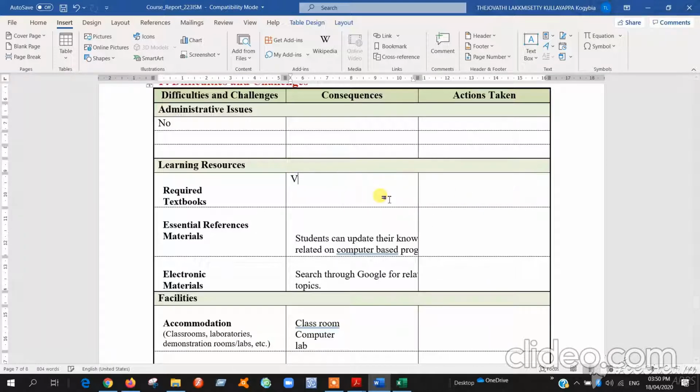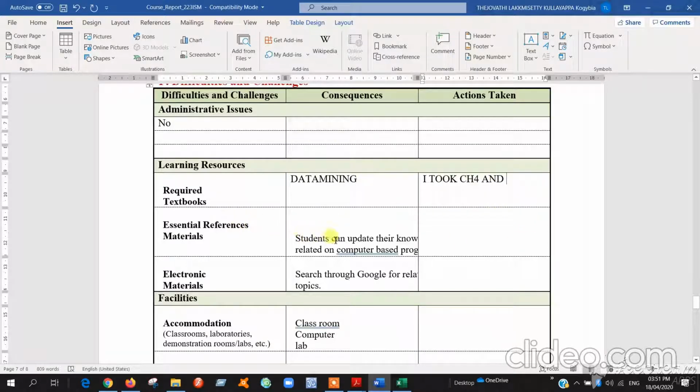Suppose for data mining, I write the textbook here. From this textbook, what did you do? I took chapter 4 and some real examples; like that you have to write what actions you took.